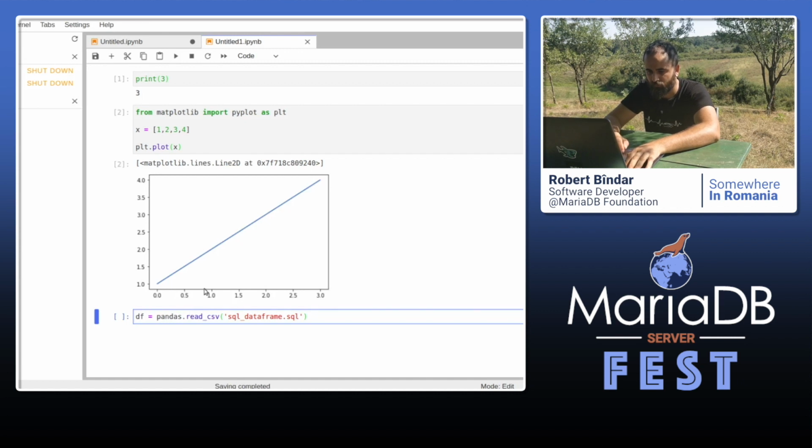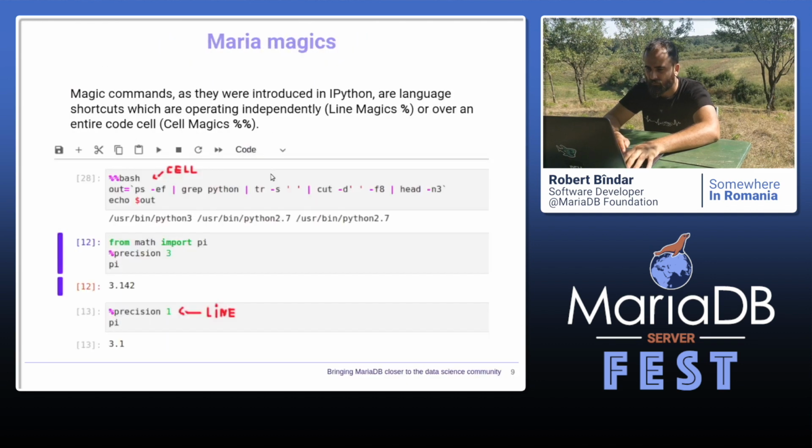So yeah, let's move on. Sorry, let's close this tab. Okay, so as I kept speaking about magic commands, let's see a bit what these features actually mean. Magics commands originated in IPython, and they are basically shortcuts that you can use to make your life easier. The Jupyter kernels are entirely responsible for implementing their own magic commands. Unfortunately, there are no IPython magics that are inherited for free.